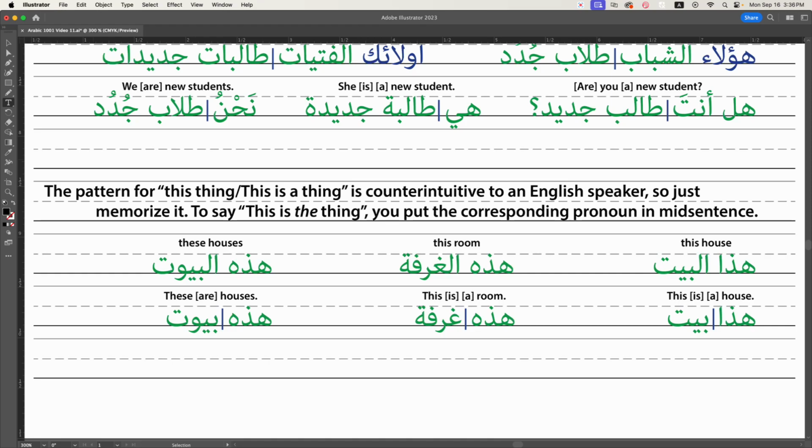So, if we want to say this is the thing, we have to add a pronoun in between them. So هذا البيت is this house, but هذا هو البيت is this is the house. What we're really saying here is this is it, comma, the house. So I have put the pronoun in blue to make it clear. In Arabic, this is called damir al-fasl, the pronoun of separation. And one of these